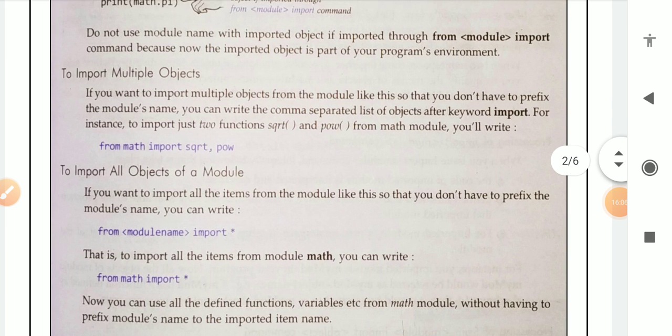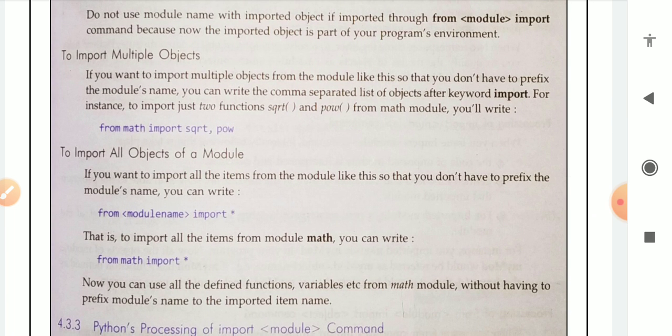Next, to import multiple objects. If we want to import multiple objects from a given module, what will be the syntax? If you want to import multiple objects from the module so that you don't have to prefix the module's name, you can write a comma separated list of objects after the keyword import.